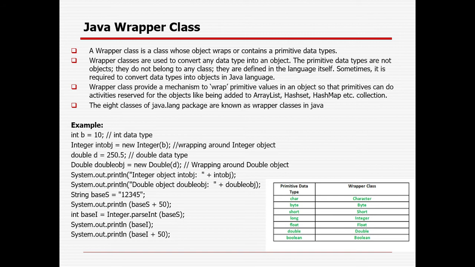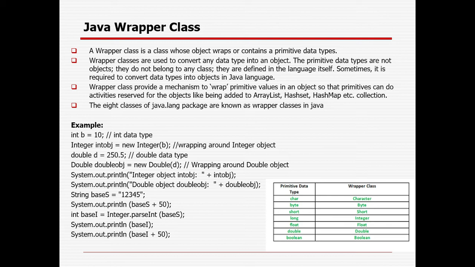Okay. So I already mentioned, what is the wrapper class all about? These primitive data types do not belong to any class. So that is the reason we can't create any object. As they do not belong to any class, how will we create the object? But in the collections, for each and every data type, we have to